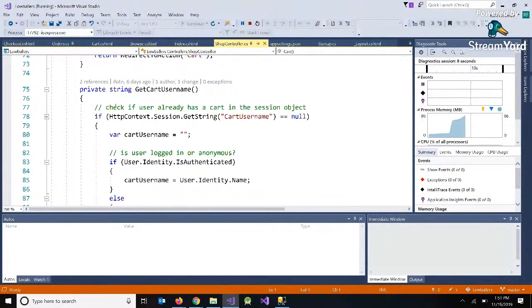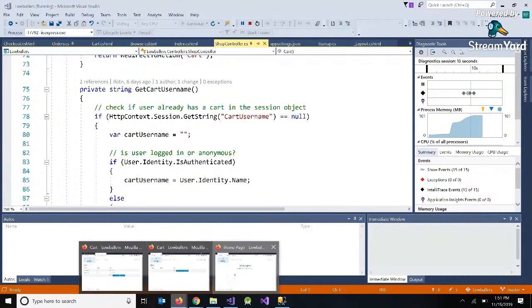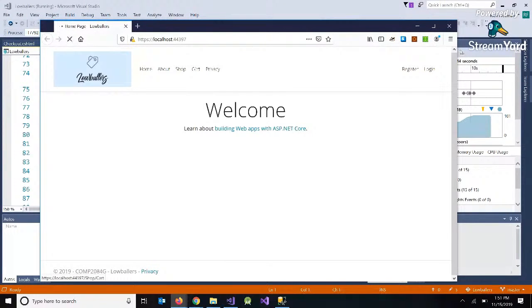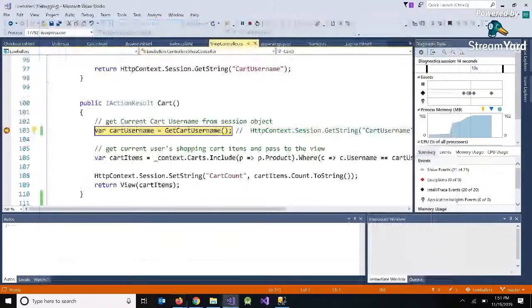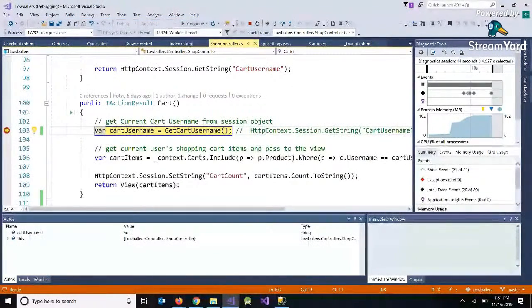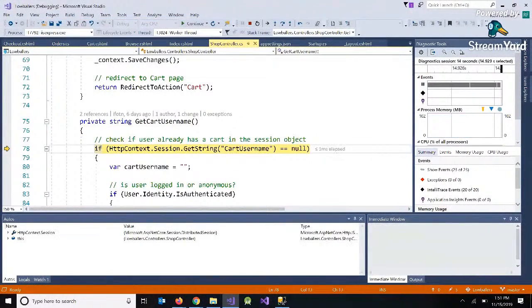Oh, I suspect I know why. So if we go to cart, it calls our method, our variable